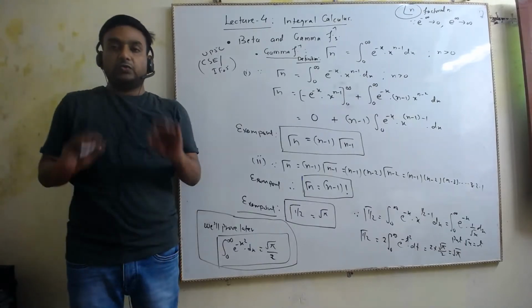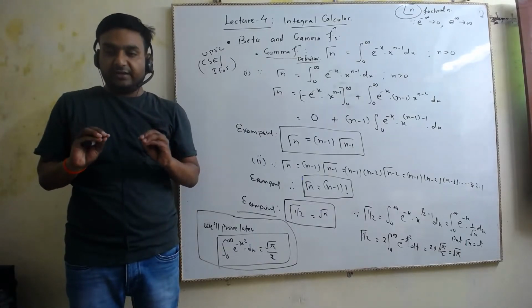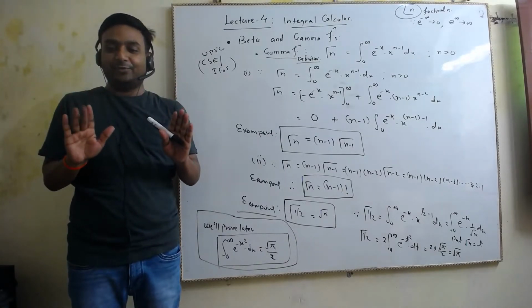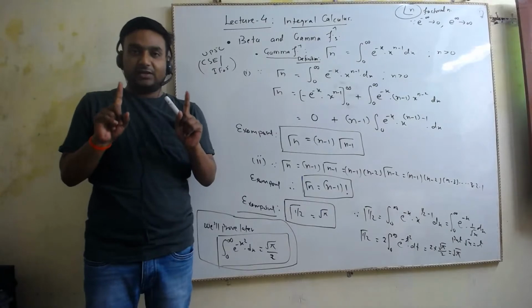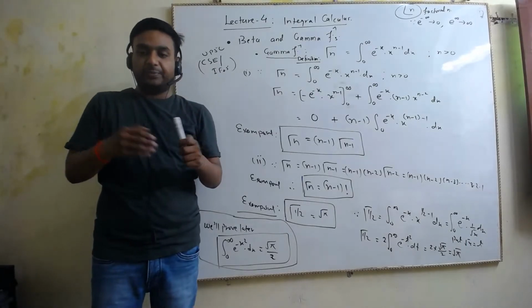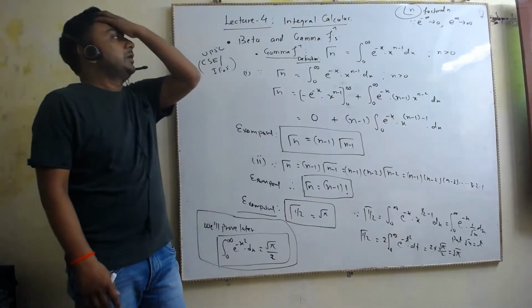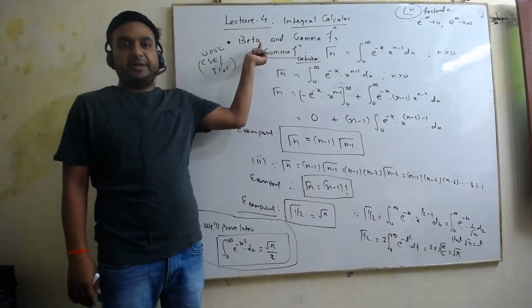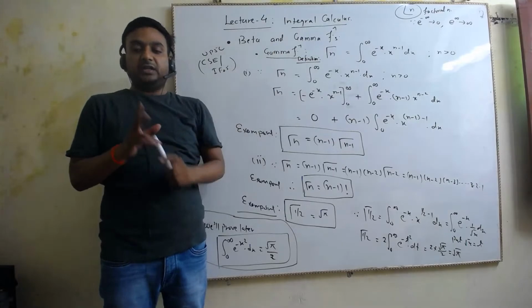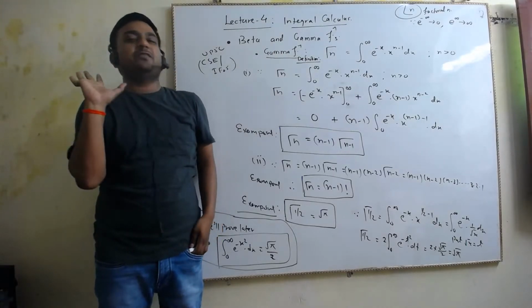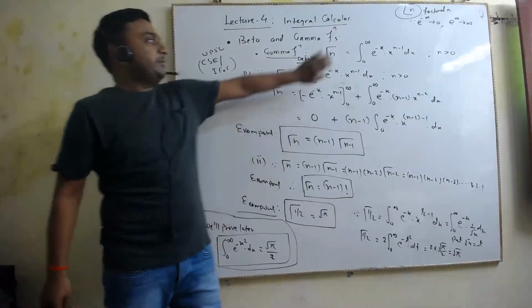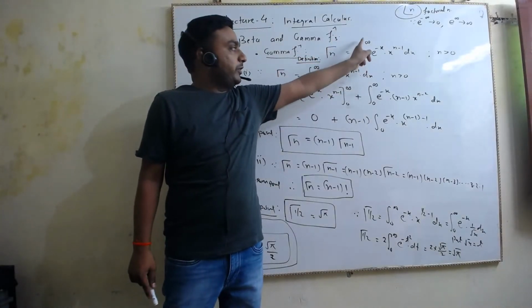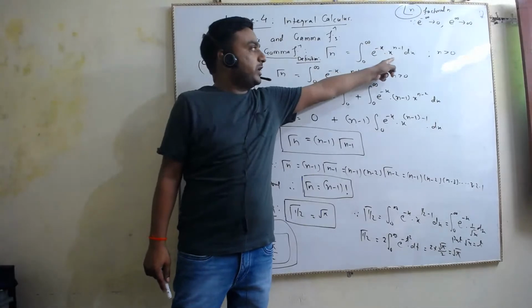Chalo. So some persons joined the class later, for them I am repeating. Please listen carefully. Shantosh, everyone, whoever is late, I'm trying to repeat the things. So today in lecture 4, we have decided to go for the beta and gamma functions. There are two standard integrations basically. There is one integration like this: Shantosh, 0 to infinity e raised to power minus x, x raised to power n minus 1.